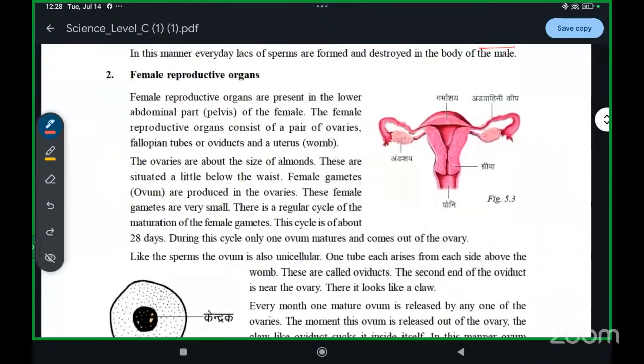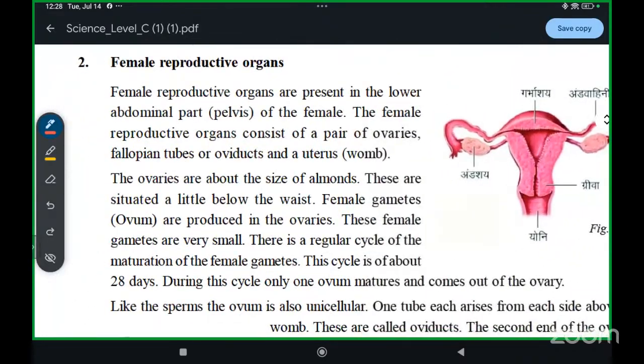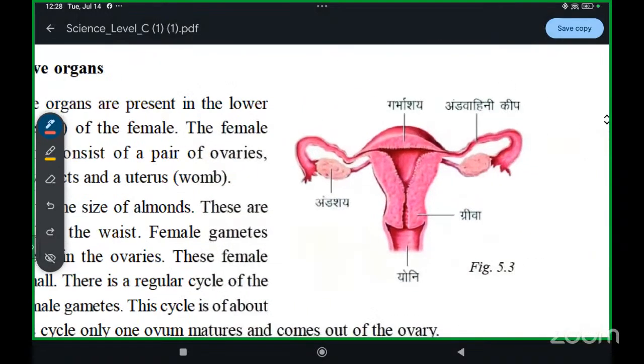Female reproductive organs. Female reproductive organs are present in the lower abdominal part of our body, known as the pelvic region or the pelvis region. The female reproductive organ consists of a pair of ovaries, fallopian tubes or oviducts, and a uterus. We will see what the function of each of these parts is. If you want to check the diagram,